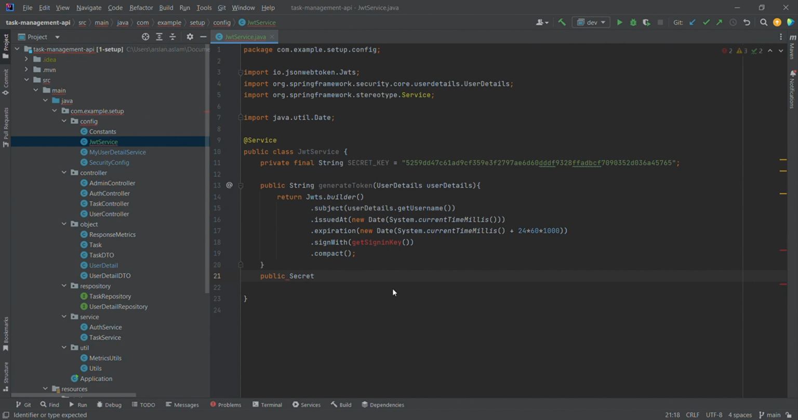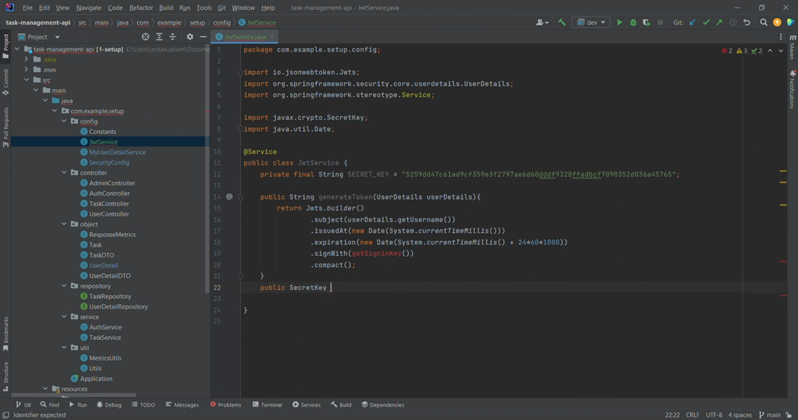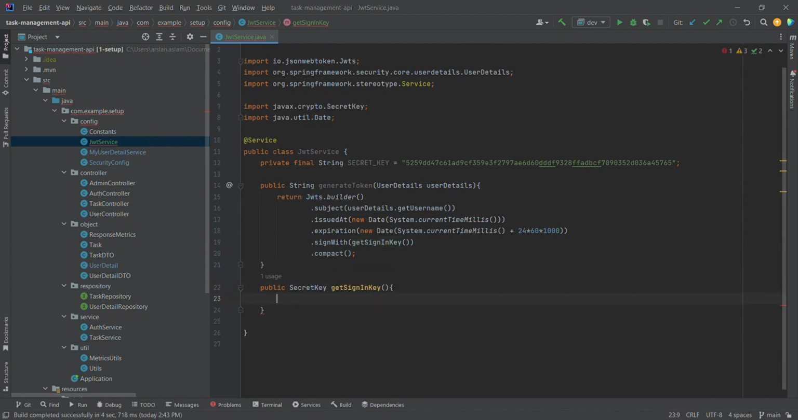That should come from javax.crypto, and the name we have already decided, getSignInKey. Let's just make it camel case. It does not take any parameter. So here we have a secret key and we decode it. Decoders.BASE64.decode, and we are going to pass the